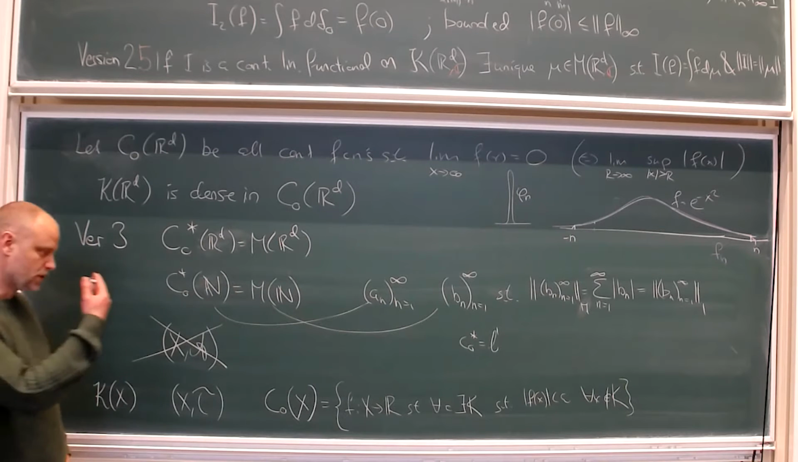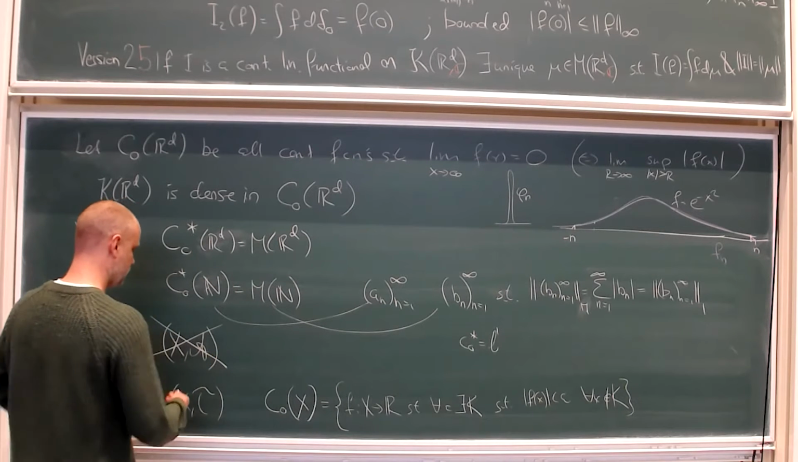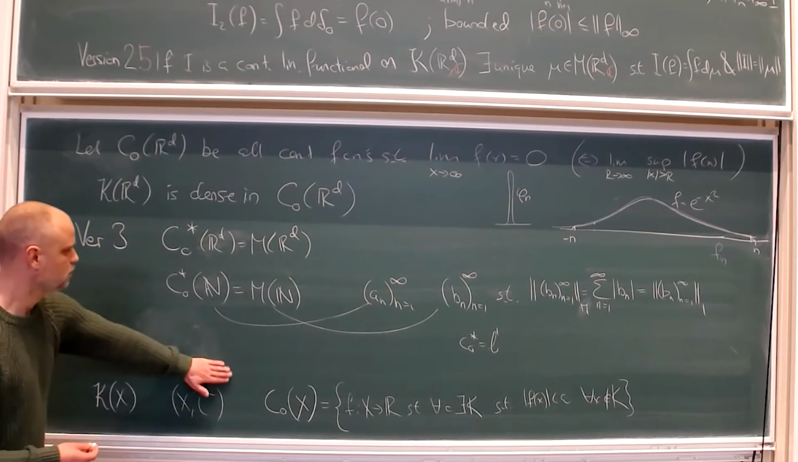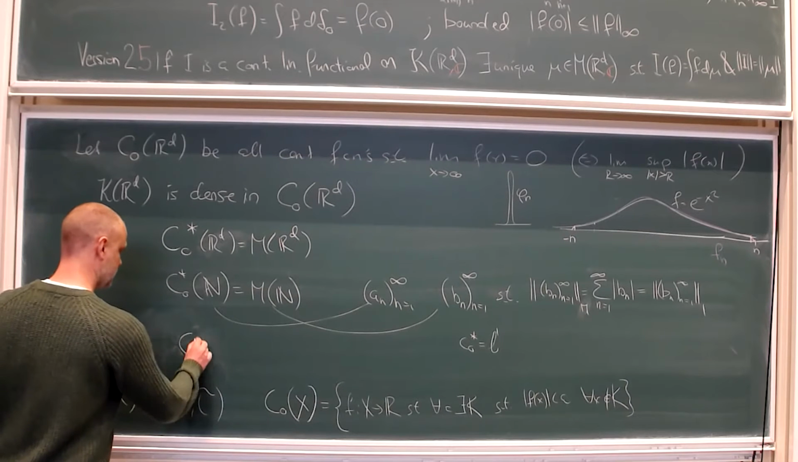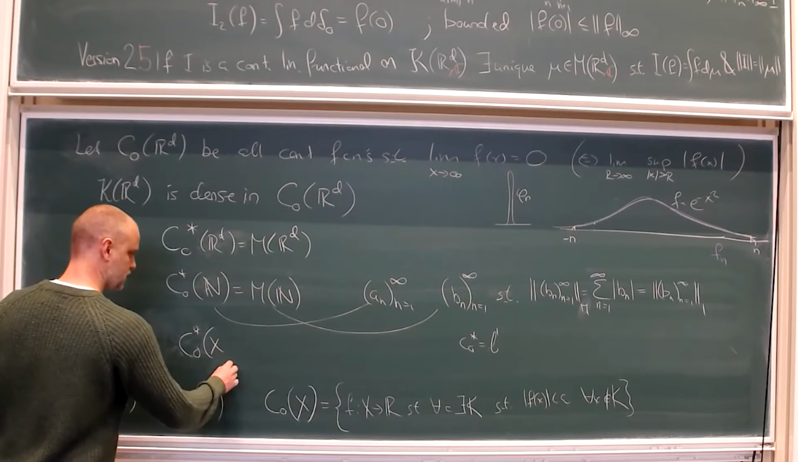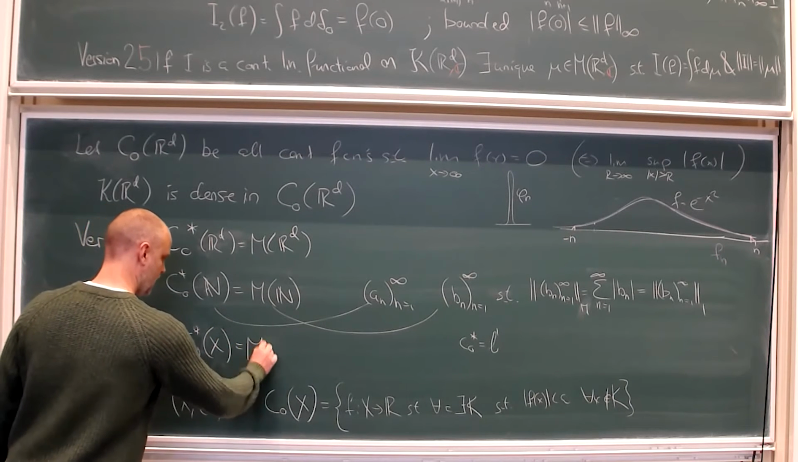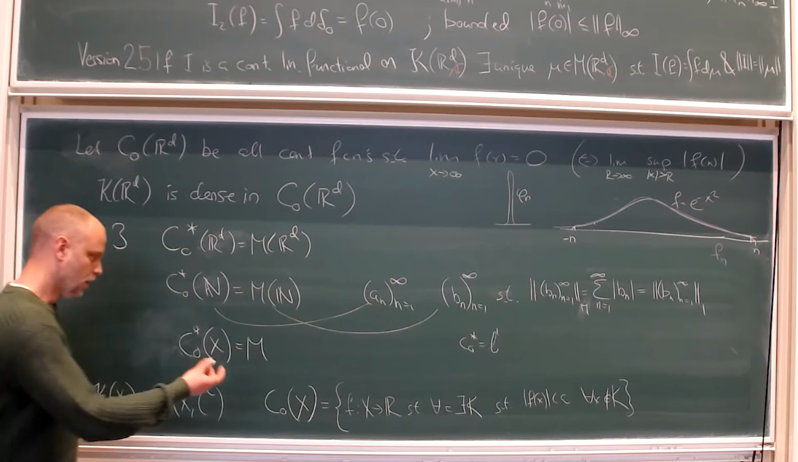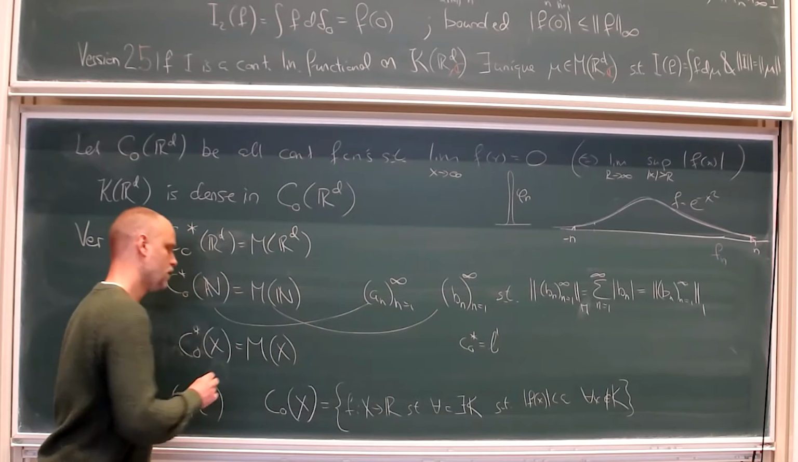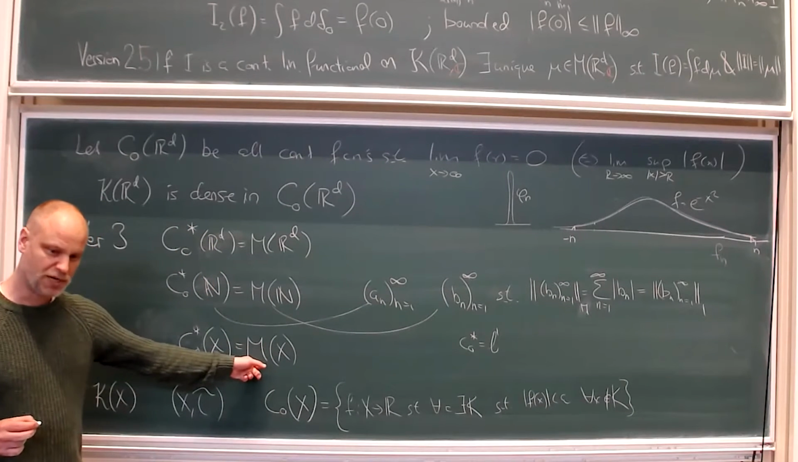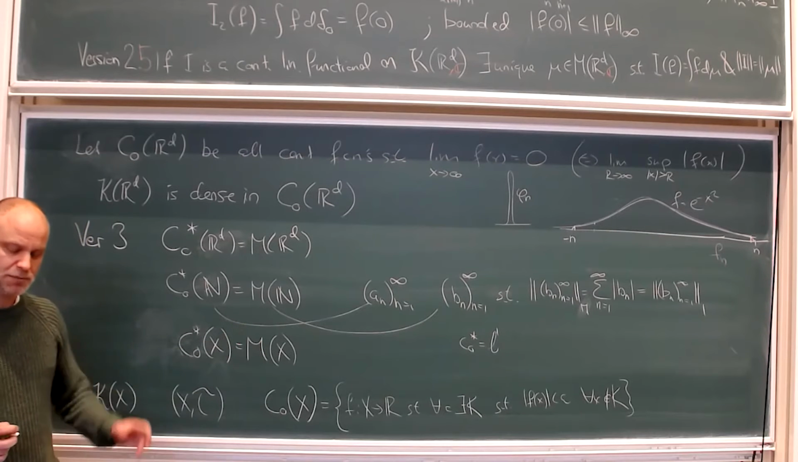Okay, and now with this, we have a more general version here, C0 star of X equals M of X, but we need a sigma algebra here at least. Now we need the sigma algebra. Yes,